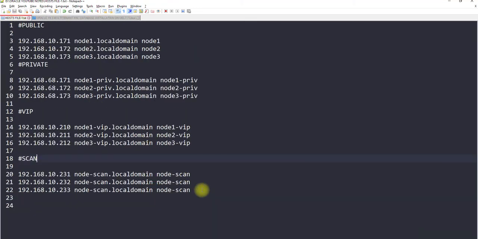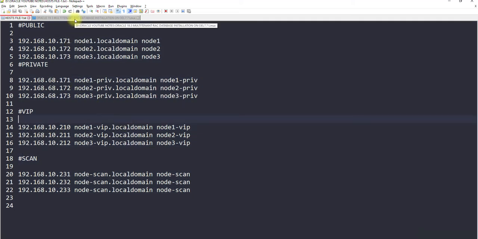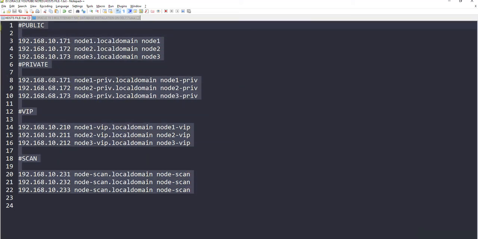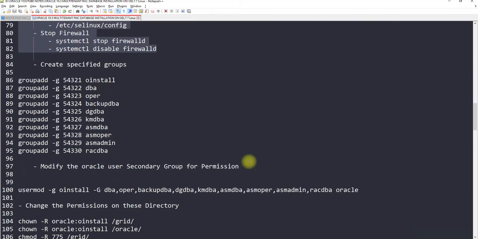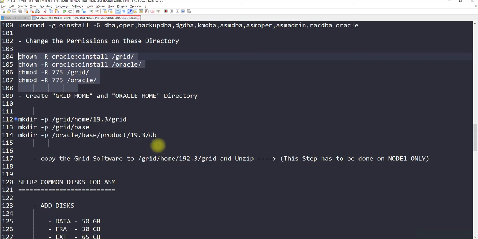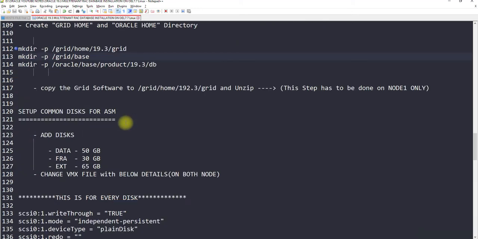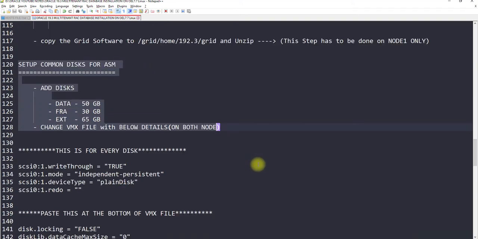You guys can create your own this type of file and save it somewhere, so that in future if you want to install something, you don't need to write and rewrite everything. Okay, so let's start from the start. These are the bits and pieces we have already completed. This is the OS level pre-installation. Group created, directory created, permission has been changed, the subdirectory created, we have copied the file to the location, we have completed the setup of OS.